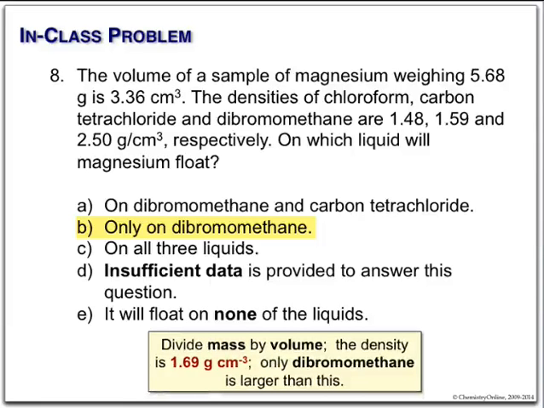If we divide 5.68 by 3.36, we get 1.69. The density here is less, that's less, but this is more. So just like our cannonball floated on mercury, our lump of magnesium will float on dibromomethane. And now I think we are finally done. Thus endeth chapter 2. And on Friday,